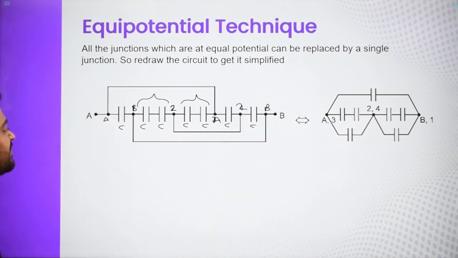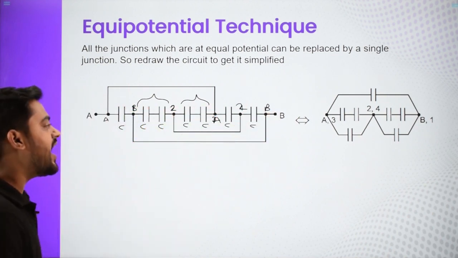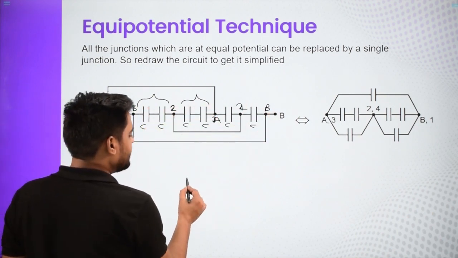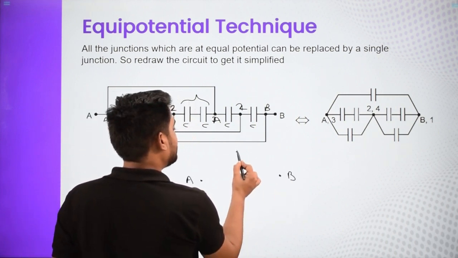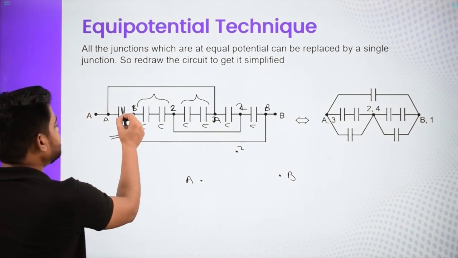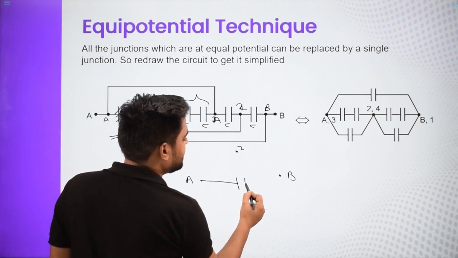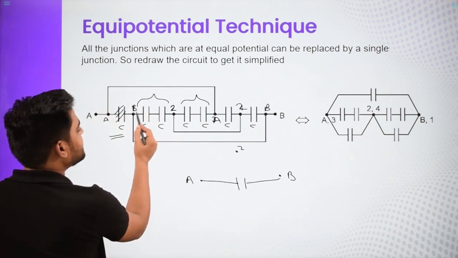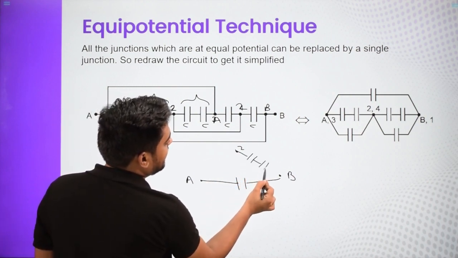Now how many points do I have? I have point A, point B, point 2, nothing else, right? So I am going to simply draw those 3 points, point A, point B and point 2. That's all. Now just check it out. This capacitor is connected from A to B. So just connect one capacitor between A to B. Like that, this is B to 2. So B to 2, there are two of them connected like this.